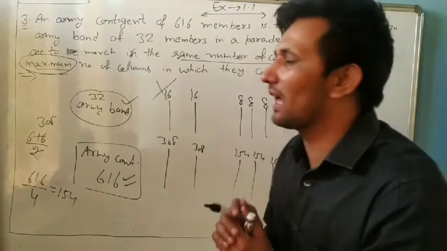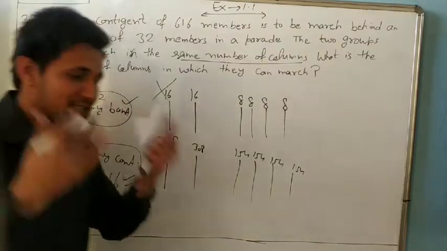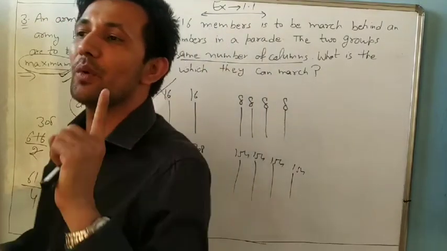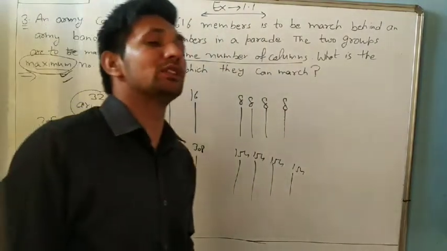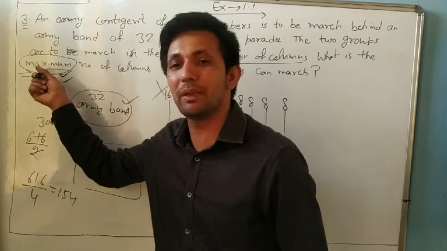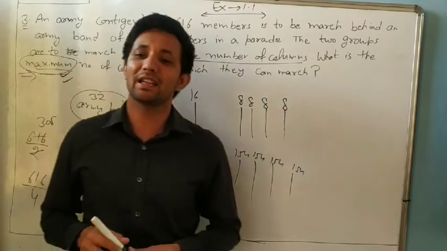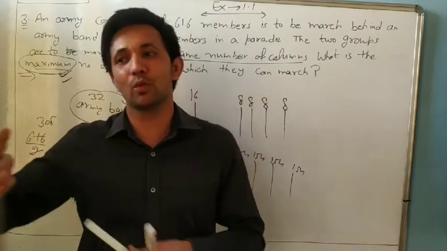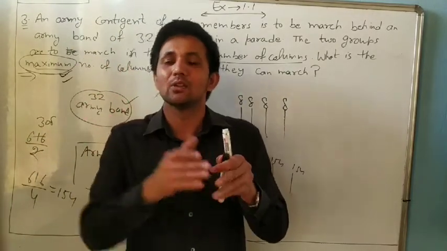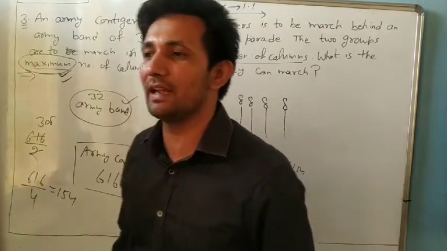Understand? And one thing always remember: whenever in any question the examiner asks you to find the maximum number of columns, find the maximum value of these two numbers, so always we will find the HCF. Because what is the meaning of HCF? Highest common factor. Highest means maximum. So if in any question maximum is given, we have to find HCF. If minimum is given, we will find LCM, because LCM means least, meaning smaller. So if minimum is given, we will find LCM, and if maximum is given, we will find HCF.